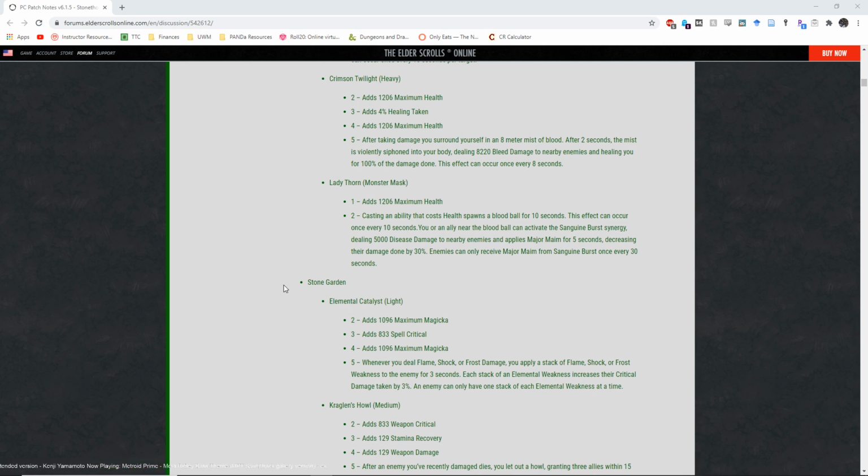There are other sources of Major Maim and just generally damage reduction, which is a little bit easier to get than Lady Thorn, which is just basically a synergy every 30 seconds for a 5-second Major Maim. Not really that great. But what's interesting here is the fact that you do create your own synergy and you can activate it yourself. So for tanks in particular, this basically gives you another way to proc Alkosh. So that helps with Alkosh uptime, which is going to be very important due to the new changes that they